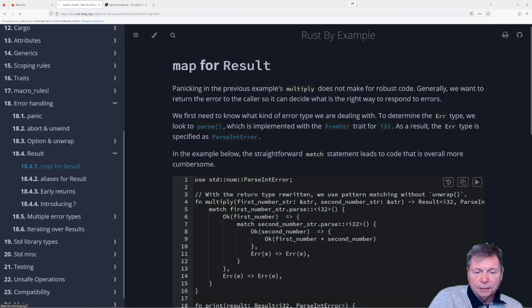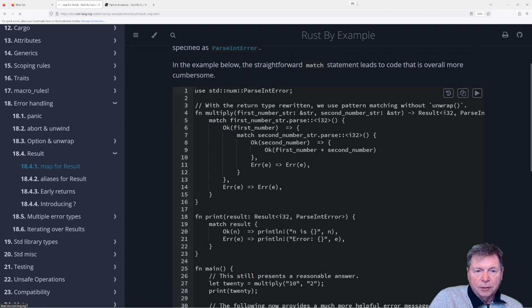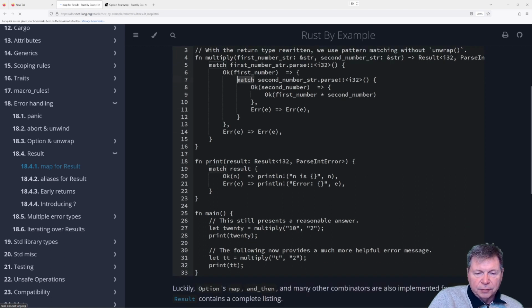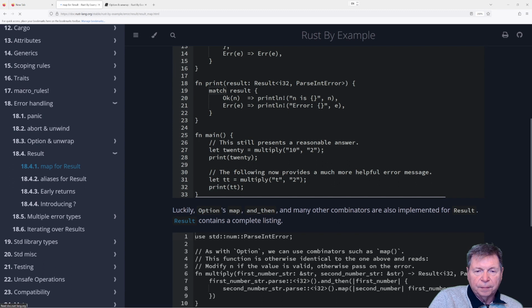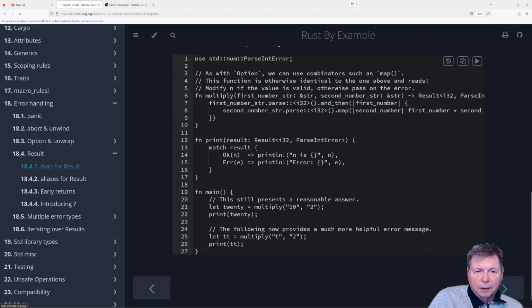Map for result. Yeah, so in the straightforward match statement leads to code that is overall more cumbersome, right? Match. Right, so instead we're going to do and then map.